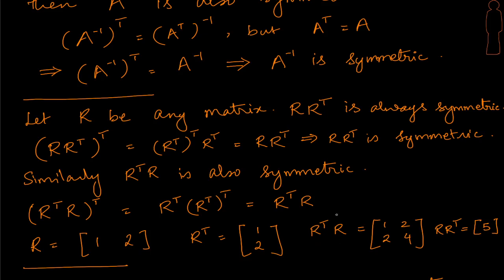If we look at R transpose R, it gives us 2 by 1 times 1 by 2, which will be a 2 by 2 matrix. Whereas R R transpose has got to be 1 by 2 times 2 by 1 matrix. That will give me a 1 by 1 matrix. So there's a huge difference between them. But what we can notice is that this is a symmetric matrix. Similarly, a 1 by 1 matrix by default will become a symmetric matrix.